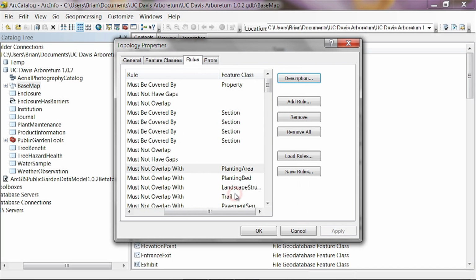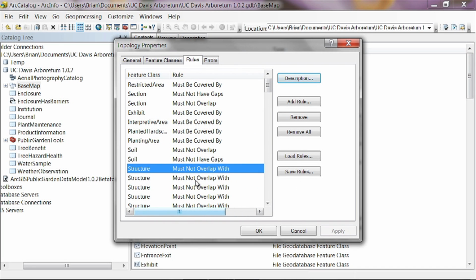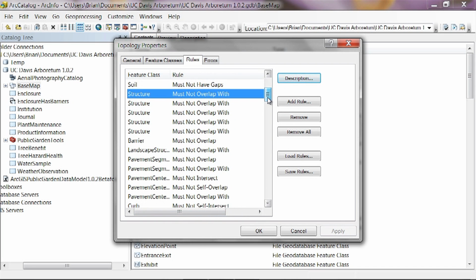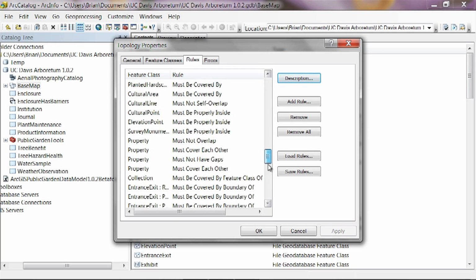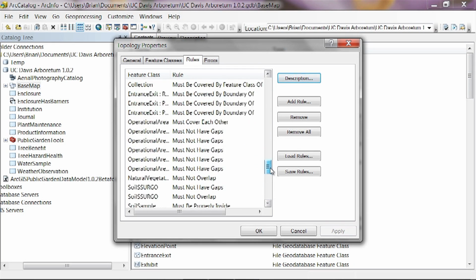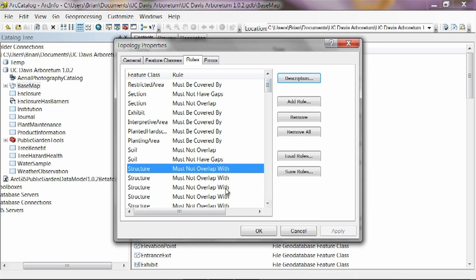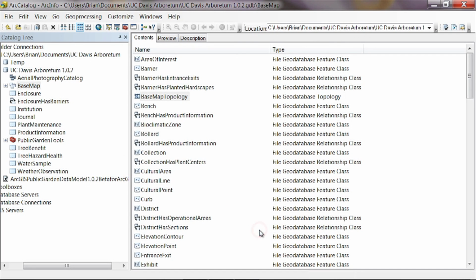So let's click OK on this, and I encourage you to go through and look at the rest of these topology rules. You can see that there are quite a few of them because there's so many different things inside the data model. But the descriptions here are usually pretty good at explaining those rules and telling you what they're all about. And we'll work more with topology tools later on in the series. So go ahead and click OK, and let's look at some of the other objects that are inside the data